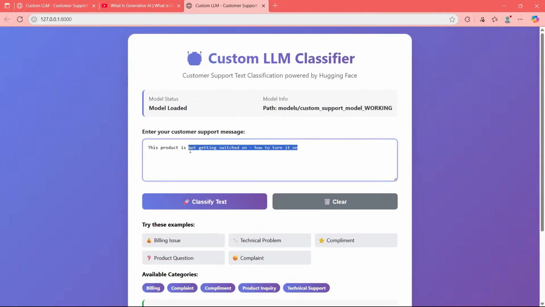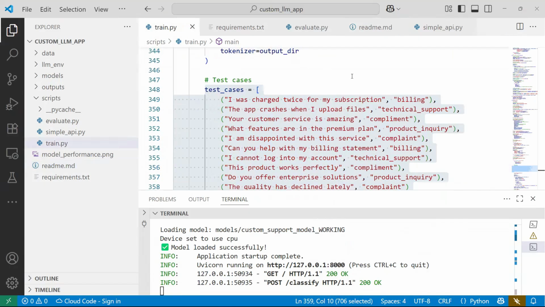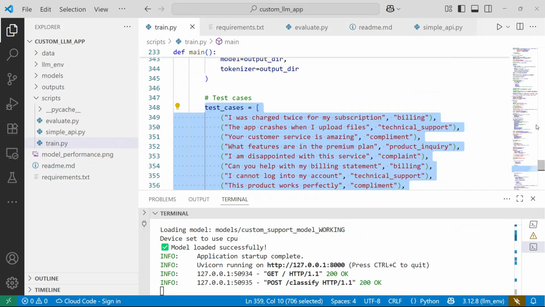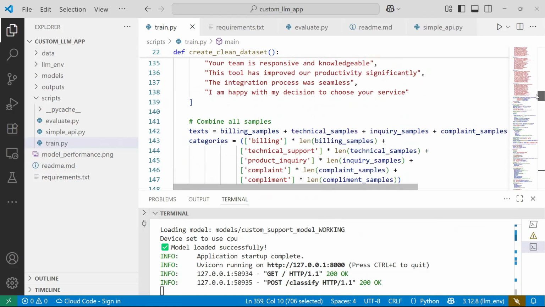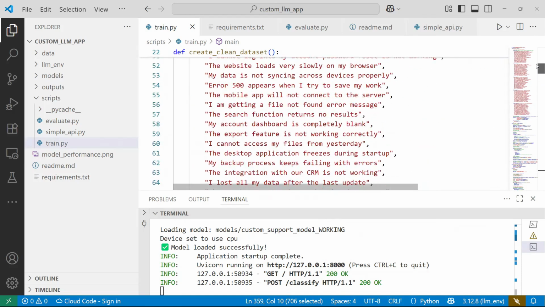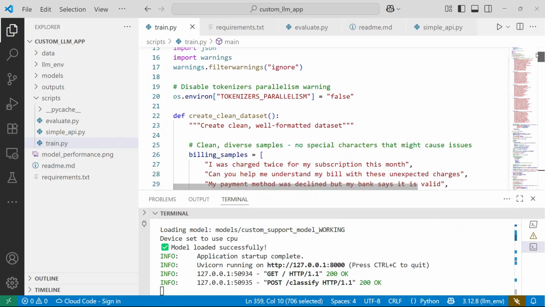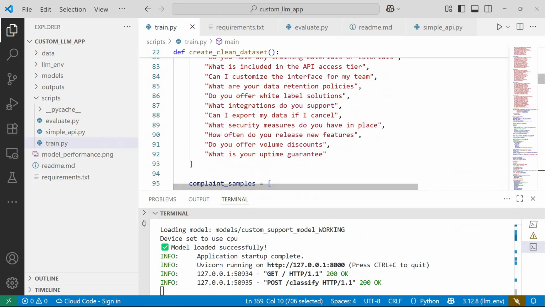So let's say I want to take it to the product category. Let me see the examples we have given in training in the product category. Product inquiry basically. Okay, so we will take something similar. Inquiry samples, I think this one.